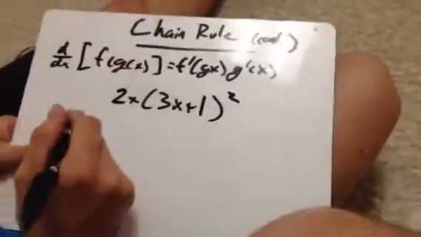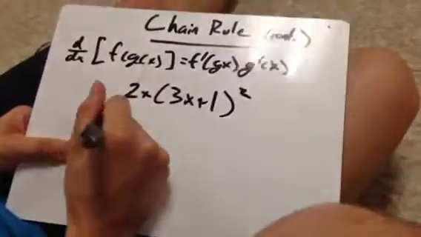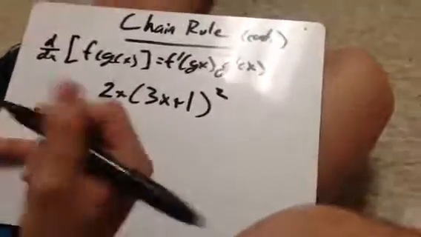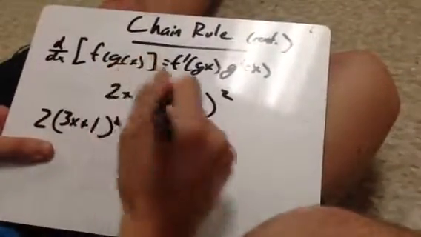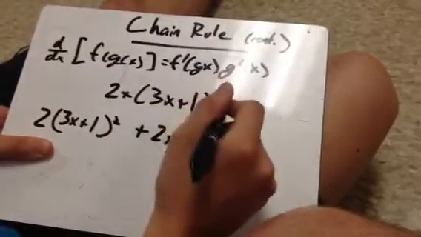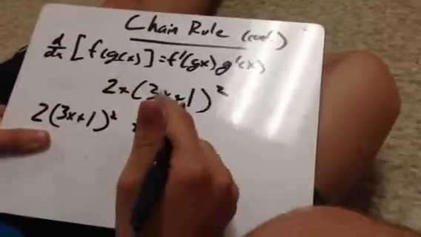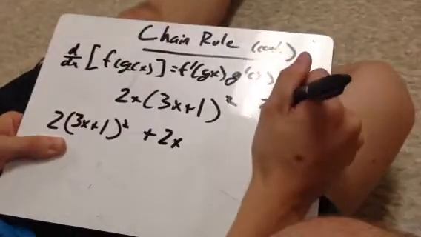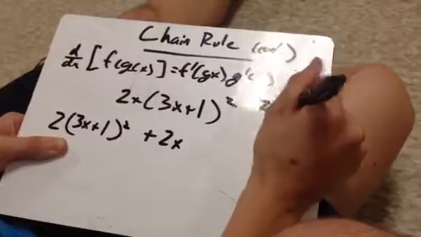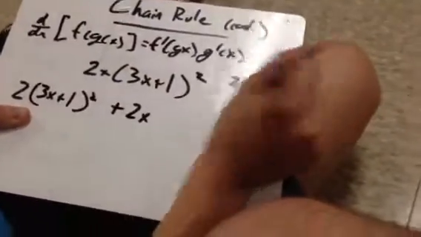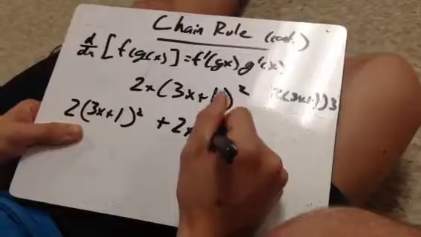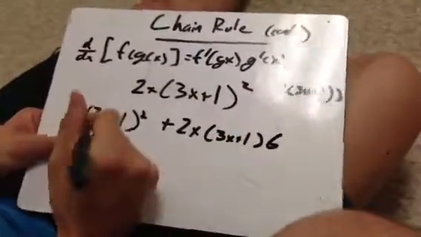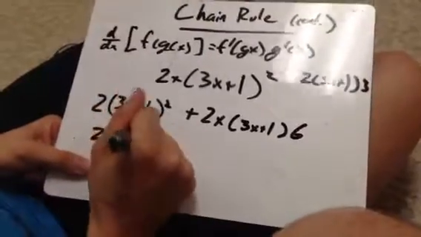So we can start with (3x plus 1) quantity squared times the derivative of that first one, which is just 2, plus the first one, so that's 2x, times the derivative of the second one. So if you remember how to do the chain rule, that becomes 2 times (3x plus 1) times 3, so that's 2x times (3x plus 1) times 6,